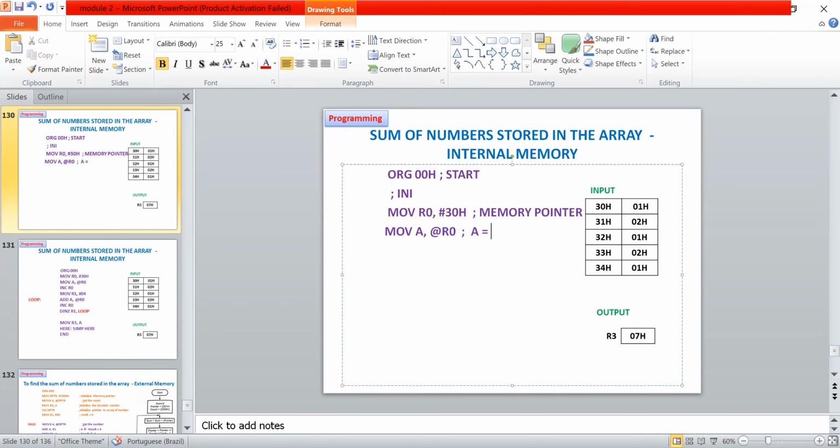What is the data in the accumulator? 01H now. My intention is to take these two data and add them. So I have taken my first value here in the accumulator.